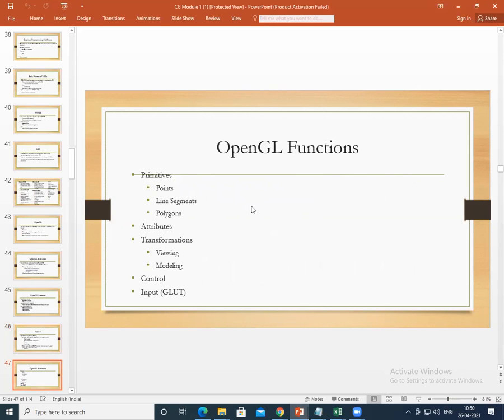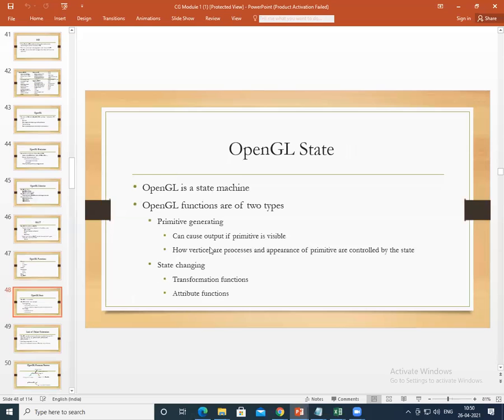The basic functions of OpenGL: a point, line segment, polygon, right? Coming to the changes, transformations, that is viewing and modeling. OpenGL is a state machine. The basic functionality is of two types, that is generating the